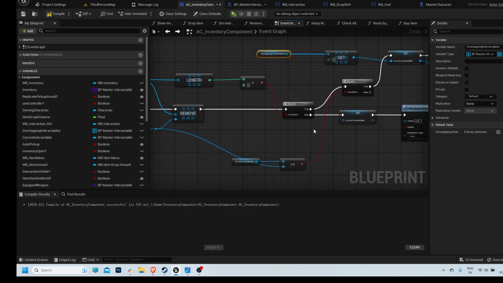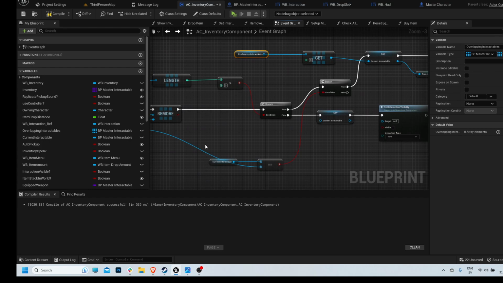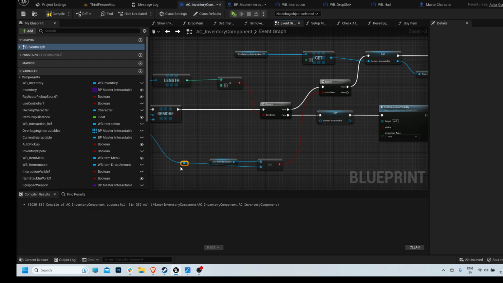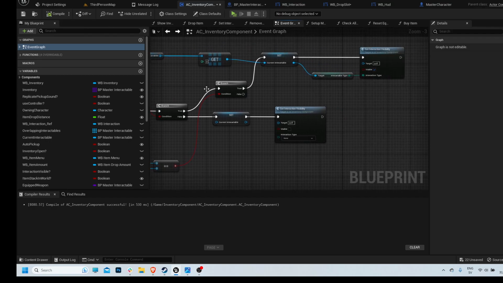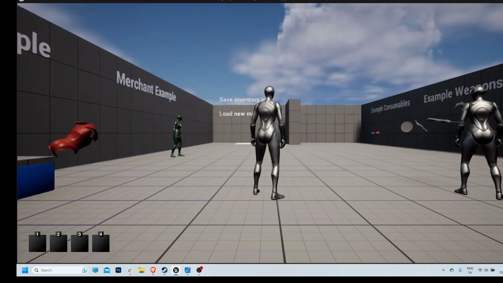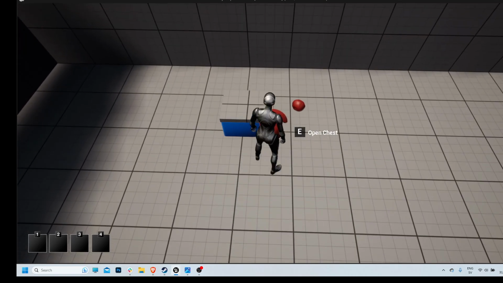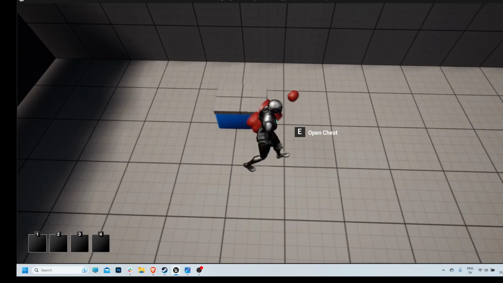And let's see, from the false here, and from the false here, we don't have to do anything because that means the current interactable is the same, because it was another one that we removed. Does that work? Now we should open the chest. Yep. And if I move here,